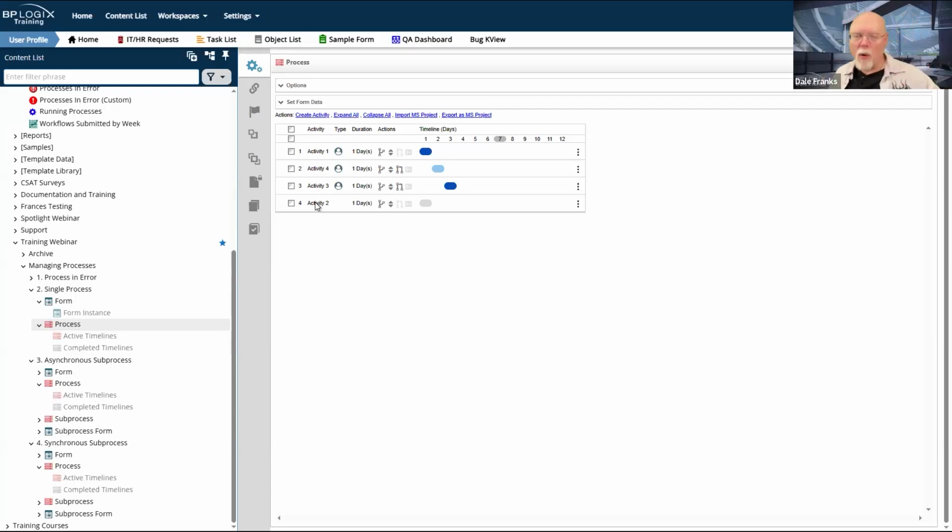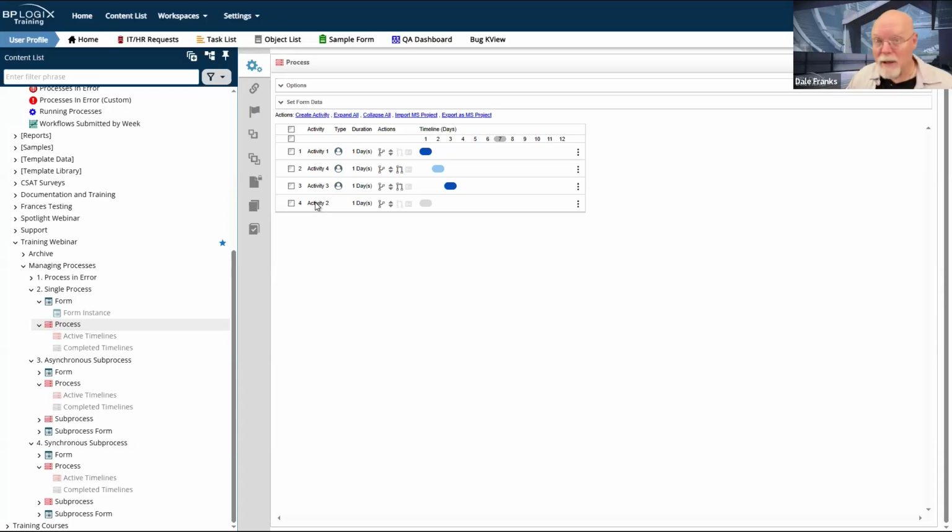The people who are working in activity 2 are going to remain in activity 2 until they complete it. From their point of view, nothing whatsoever has happened. From your point of view, as a process manager, that means everything that's currently running in activity 2 is going to stay in activity 2.